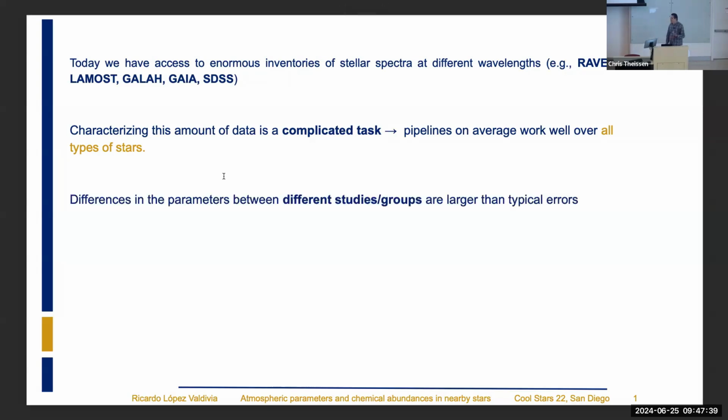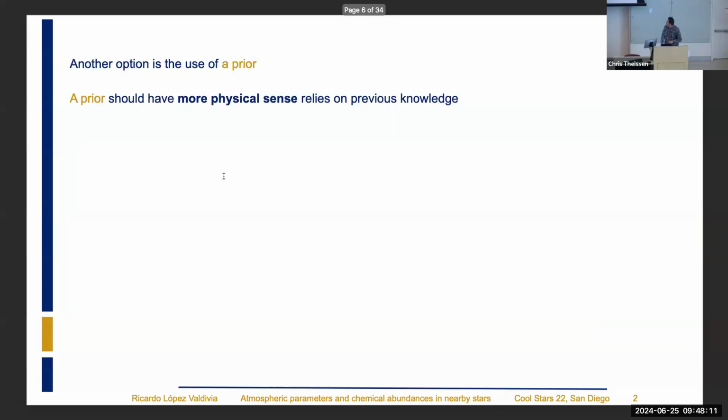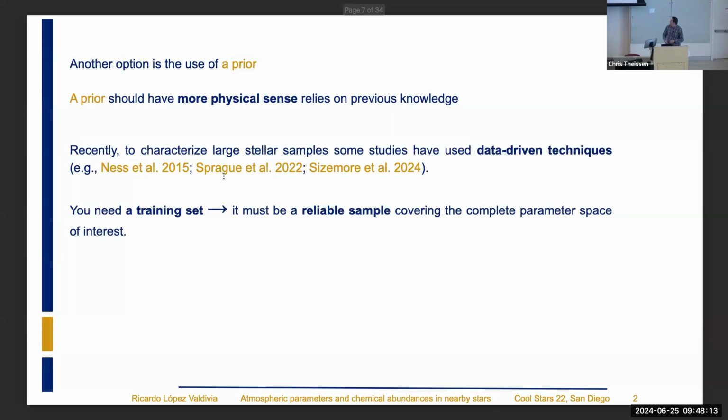Often this kind of characterization relies on a comparison between theory and observations. When you compare stars that are in common between different groups, you will find differences between the parameters. That is complicated if you want to make a homogeneous sample. And these differences are sometimes larger than the typical errors on the parameters. So there is a complication that you need to take into account. I will skip that part.